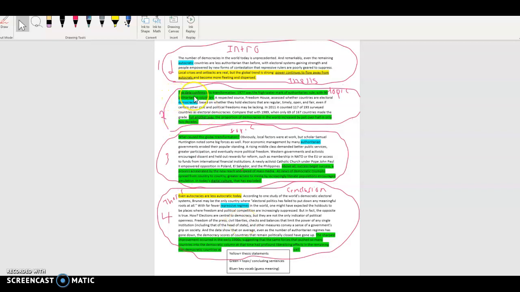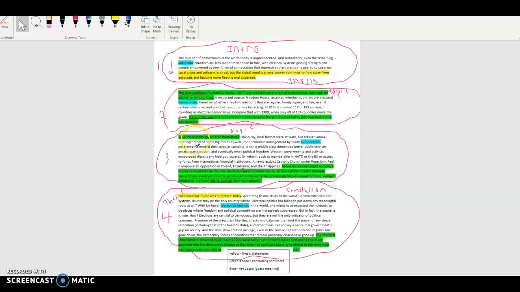So body paragraph 2, I have the topic sentence, which is the main idea of that particular paragraph, highlighted in green. This topic sentence supports this main idea. I also have highlighted at the end the concluding sentence in this paragraph, which kind of sums up this paragraph and also relates back to the thesis statement. Next paragraph,